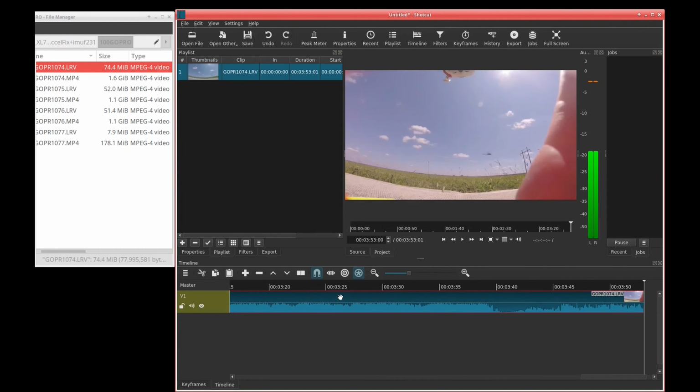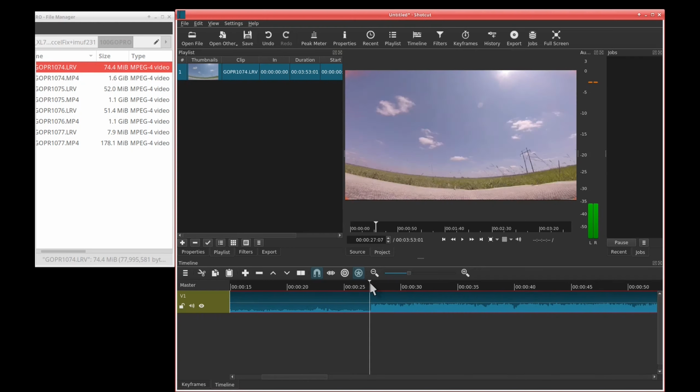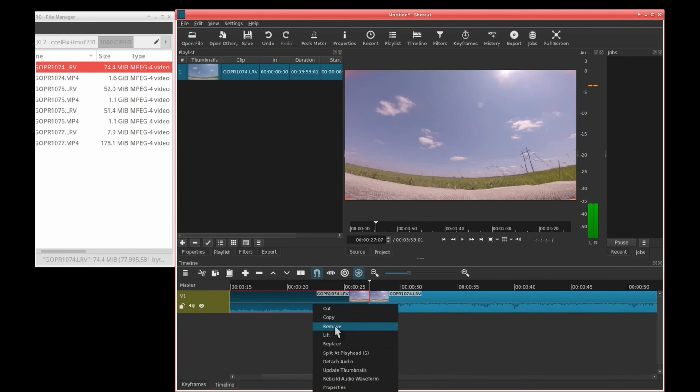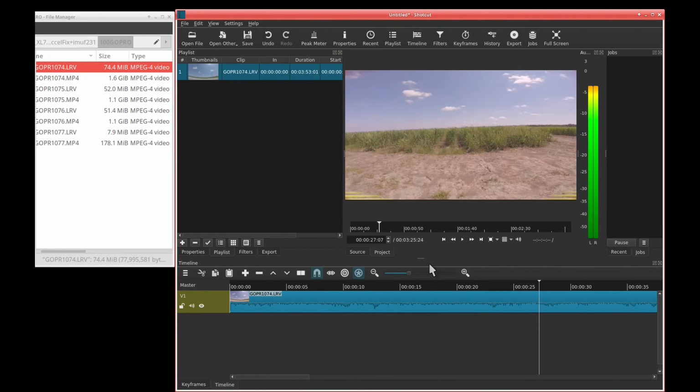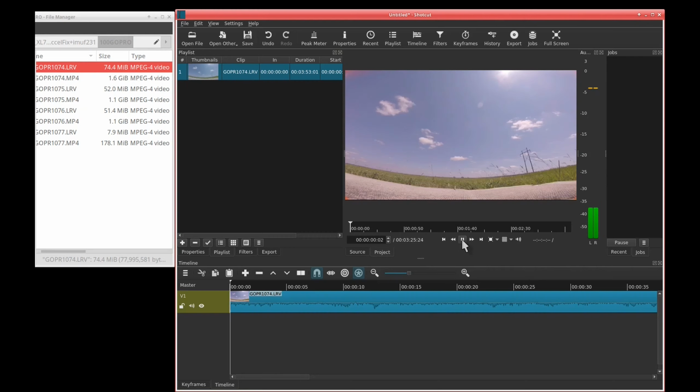So here it creates a track for me. So here is where I arm, somewhere around here. So I will split the clip and remove the junk. And now video starts at my arming.